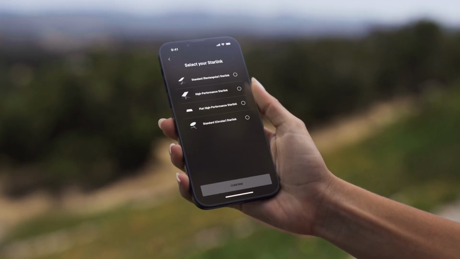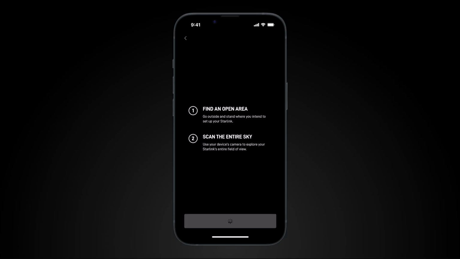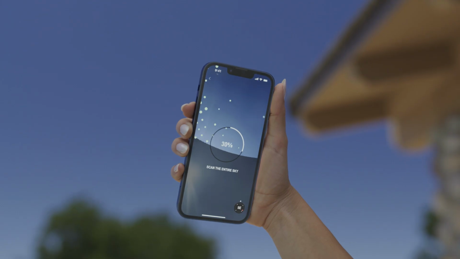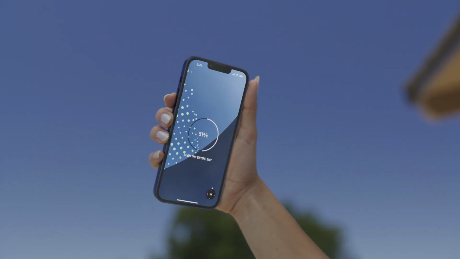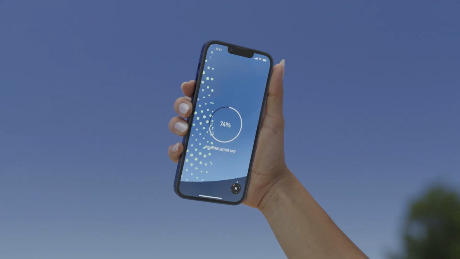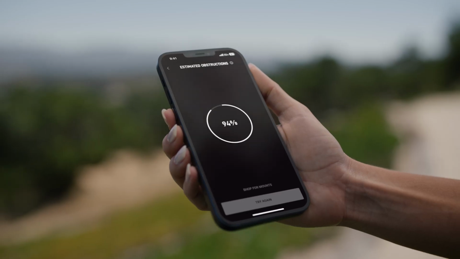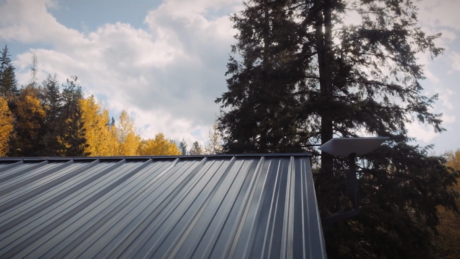Before you start setting up your Starlink, you can use the Starlink app to check for obstructions in your desired location by navigating to the Check for Obstructions tool. Position your phone in the exact height and location you plan to set up your Starlink and move your phone's camera to scan the sky within your Starlink's field of view. Once finished, the Starlink app will display the obstructions and tell you whether this is a good location to install